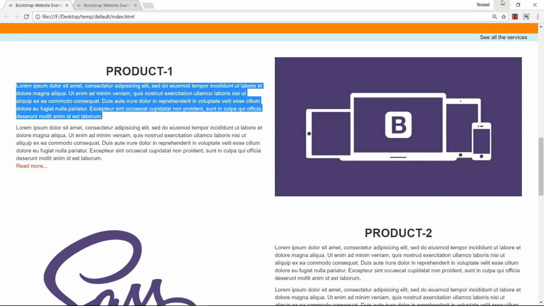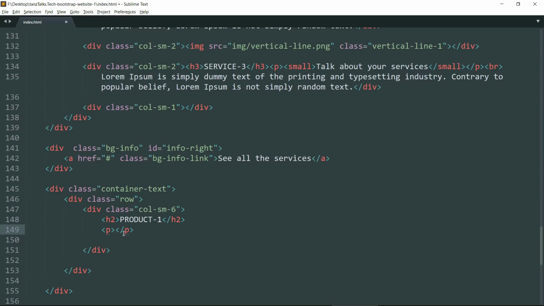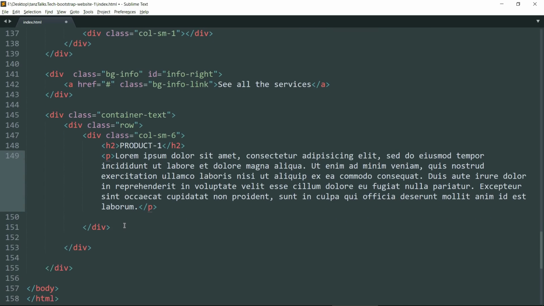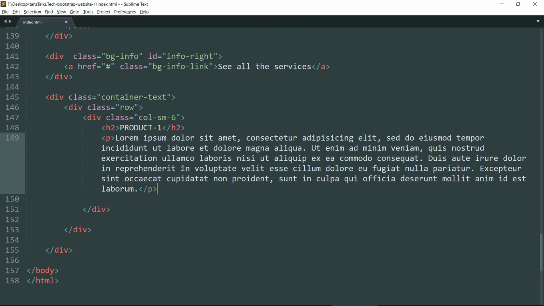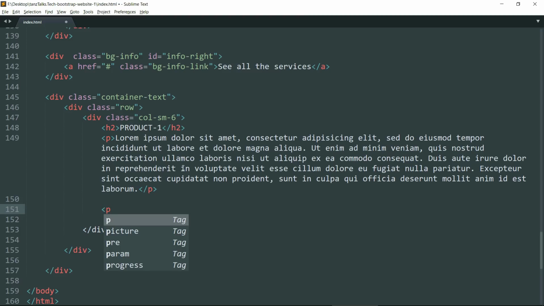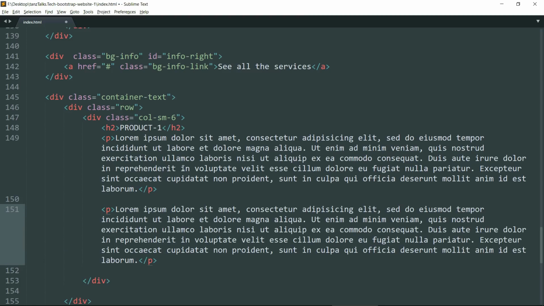Let me just paste it here. Okay, let's just create one more p tag. Okay, then paste the text again. Now let's save this and check in the browser again.